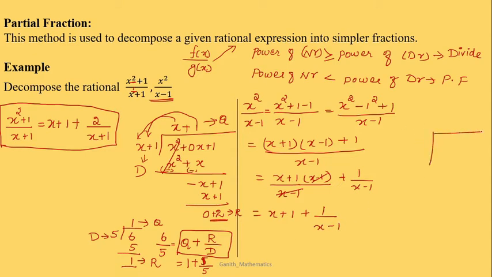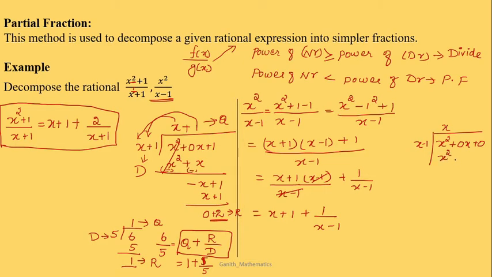Or else you can go with the division method also. In the division method, you know it is just x square, so I can write it as x square. There is no x term, so it will be 0x, and there is no constant term, so I just write 0. So what is your denominator? Your denominator is x minus 1. You are going to multiply with x, because the higher power is x square. Already you have x power 1. You have to multiply with x alone, it is enough. So x into x will be x square.